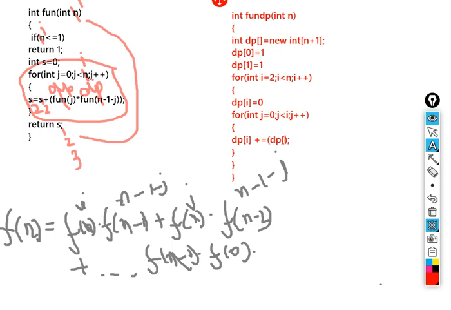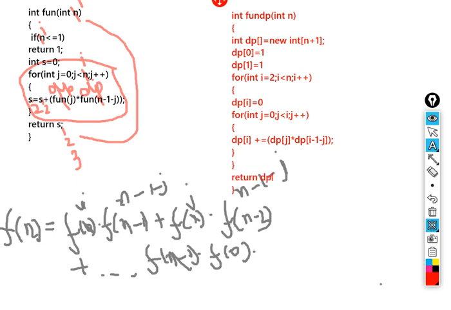So instead of fun we would write dp of j, into, this is the right part and this is the left part of the tree for a particular i. And then here we had replaced n with i, so it would be i minus 1 minus j. Okay, i minus 1 minus j, and you will see that this code works like a charm